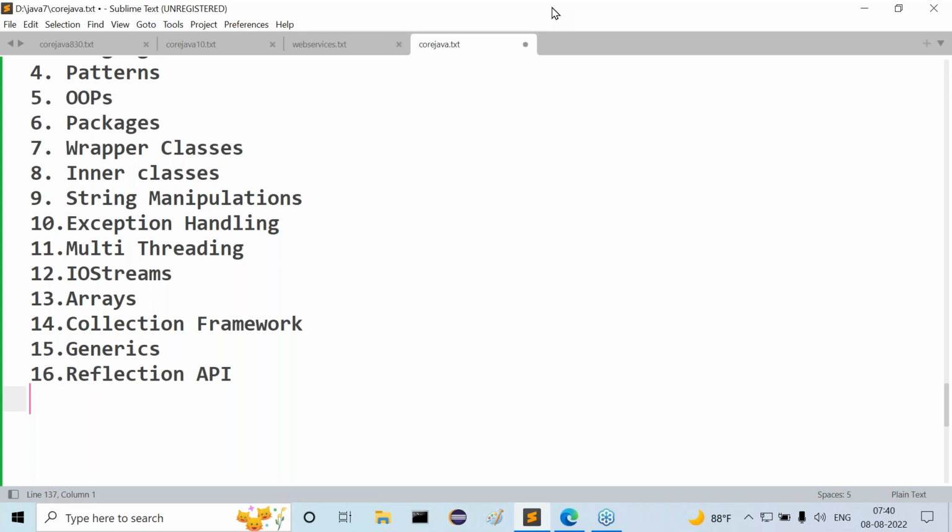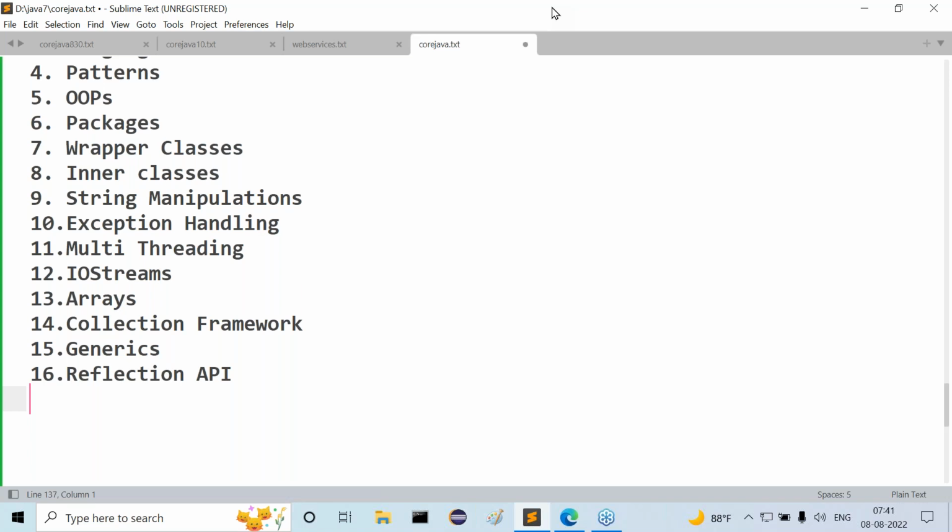How many methods are available inside this class, what are the declarations of the methods, what is the return type of the method, what is the name of the method, what is the access modifier of the method, what is the parameter list for the method, which exceptions this method is throwing. Then constructor syntax, every piece of information about a particular program, if you want to analyze it,